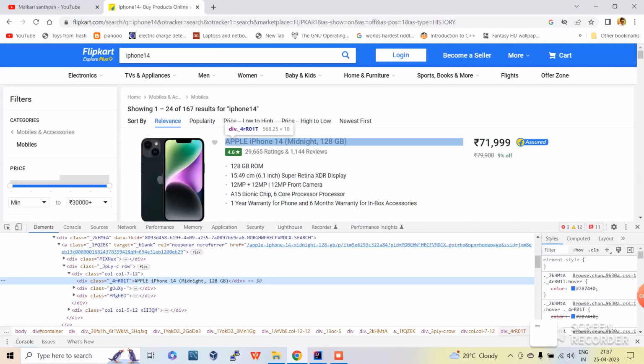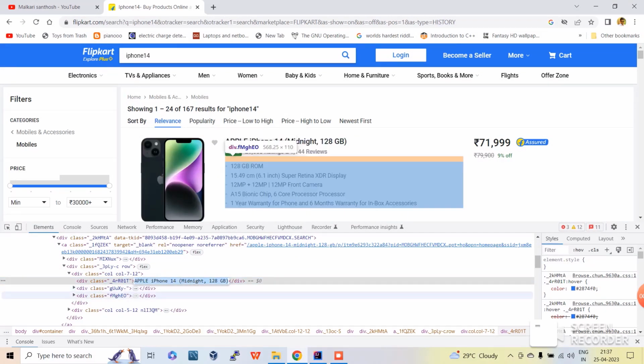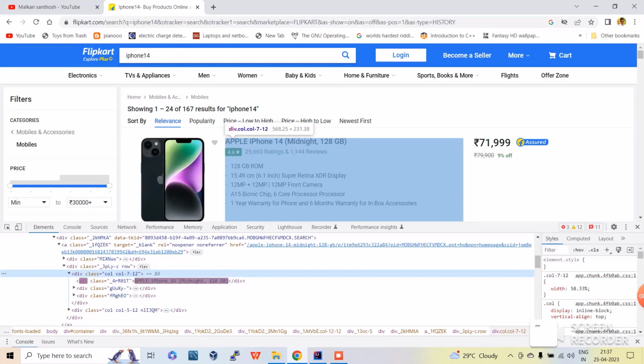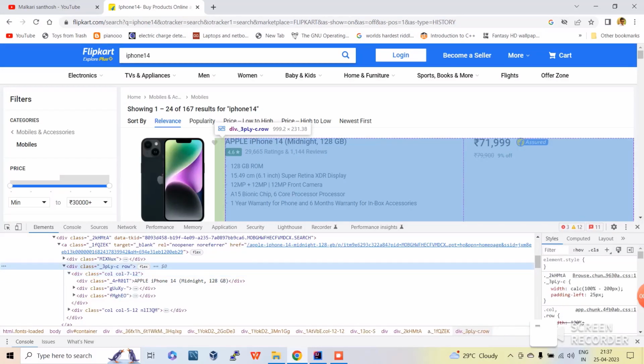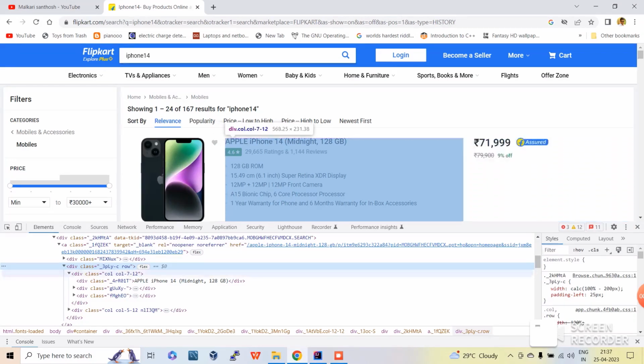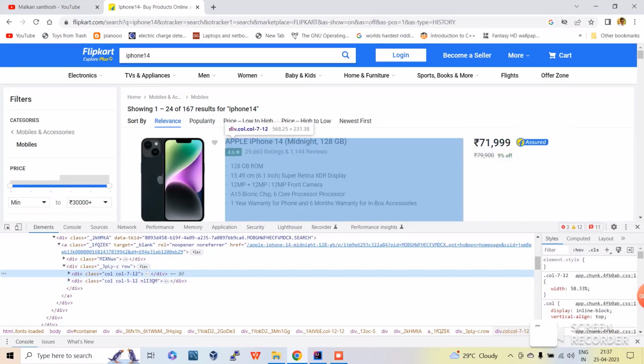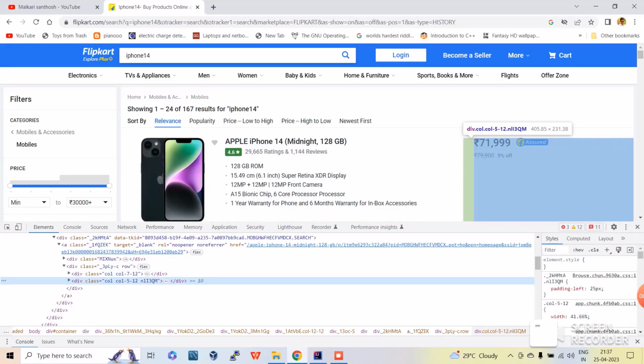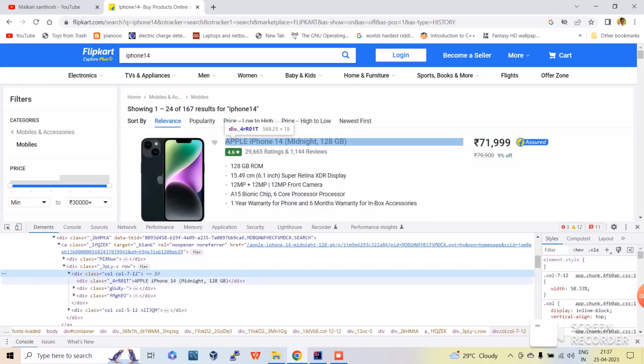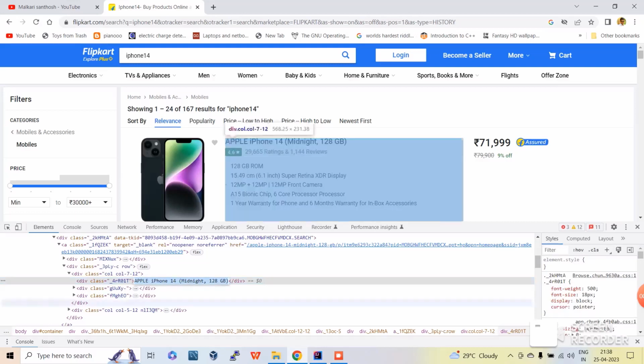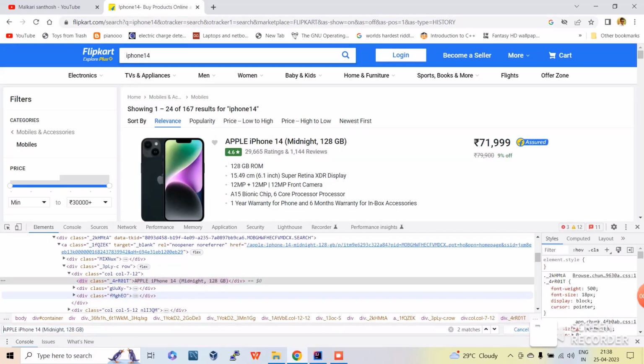So how to achieve it? First we need to take the iPhone name, so copy the entire iPhone name. If you see the div tag of this iPhone's details, it highlighted the entire details of the iPhone. And if I go just above that div, it has also highlighted the cost of the iPhone. So this div tag is considered the parent tag for both the div of the iPhone details and the div of the cost of the iPhone. So first we need to take the input of the iPhone, then using the contains keyword,